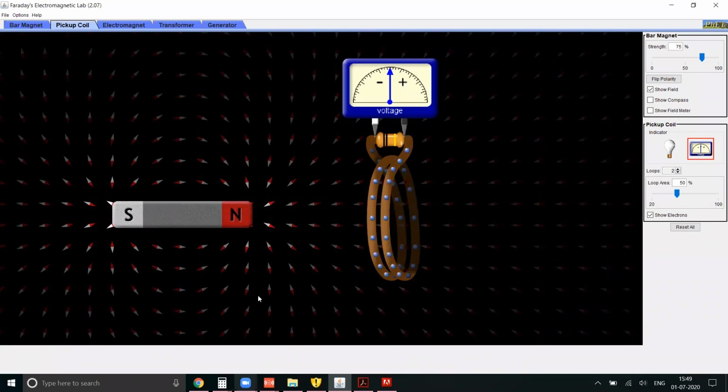So if you observe, the whole context of this chapter depends only on this phenomenon. Just like how Oersted observed that a current carrying conductor will generate magnetism, some other physical parameter was observed, because generally physics follows symmetry. If you are able to create magnetism using an electric field, the reverse principle will also work. Why can't you create an electric field using magnetism? That's what this chapter is all about.